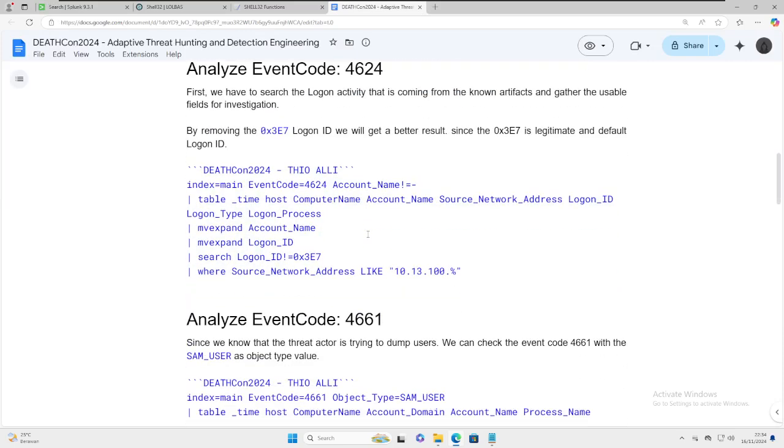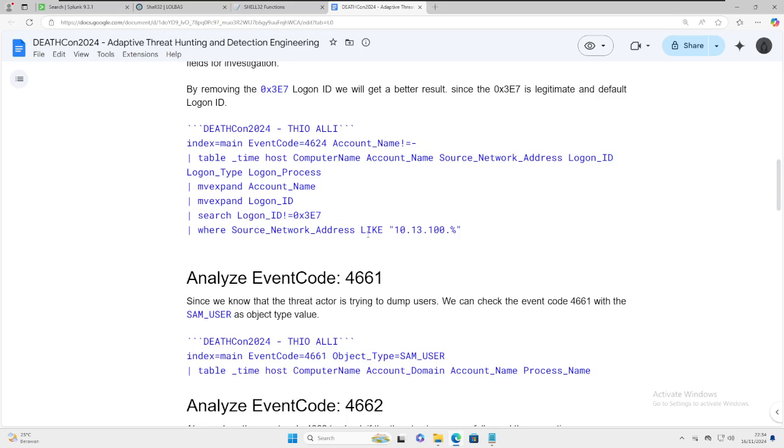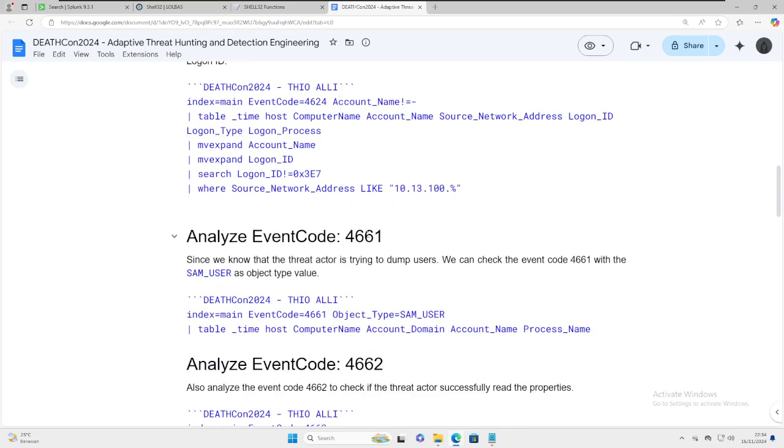After that, we can check event code 4661 with the same user, with object type SAM user, to check if there is any process the threat actor used to dump the users.